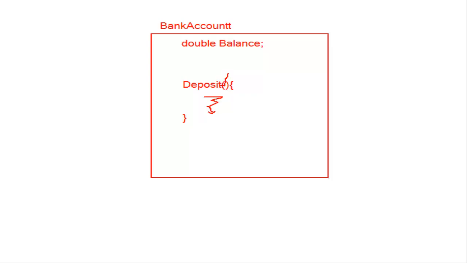You are interacting with the database. Do you think it's only one person who is depositing now? There can be 10,000 people doing it. In that case, what must be done? When you read it, the database says, okay, take it. You add the balance amount. When you start writing it back, the database says, what are you talking about? I don't know anything about this. So what will happen now?